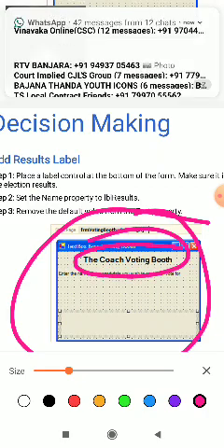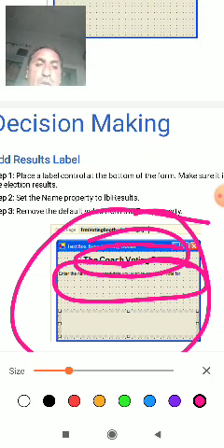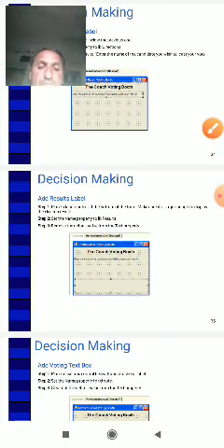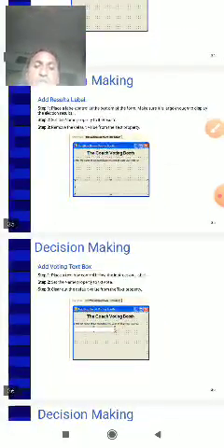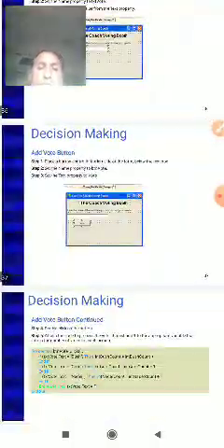This is the result label, for displaying the results.